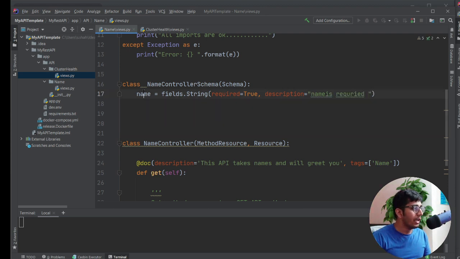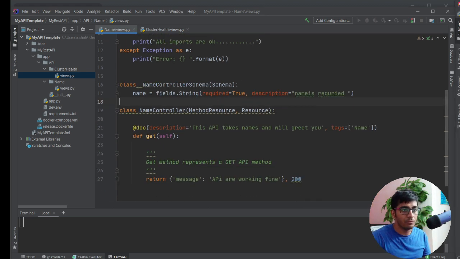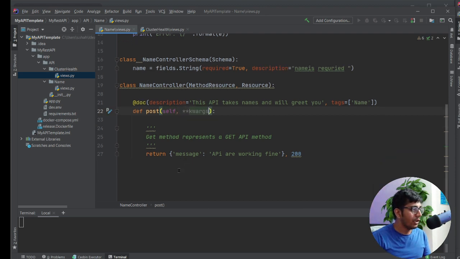Okay, so we did that. And now how do you access this here, right? Let me show you, man. Give me a couple of seconds. So in order to access this, you will be accessing it via kwargs. So let's make this a post request and let's pass **kwargs. Now, how do you use it? Well, I'll teach you, don't worry.